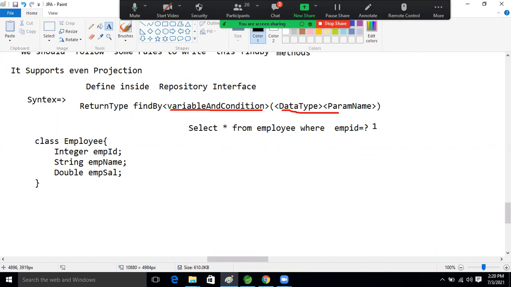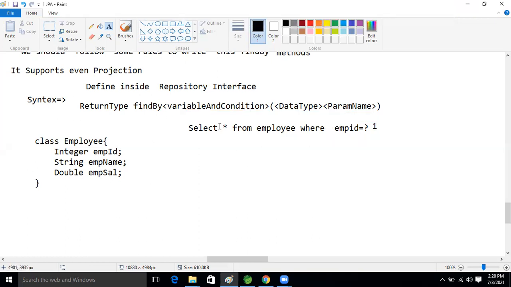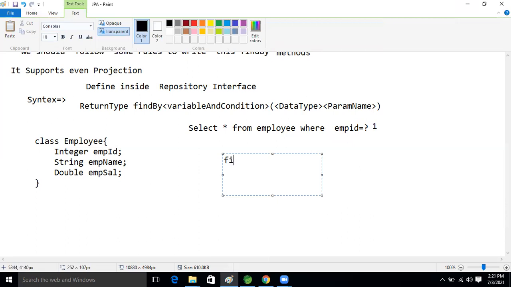After that, if we are selecting by a condition, this is the argument. It will become the argument now. Okay, good, very good. So let's see how we will write that. First, we will write the find by method. We are writing the find by method. After that, now guys, find by method is there.